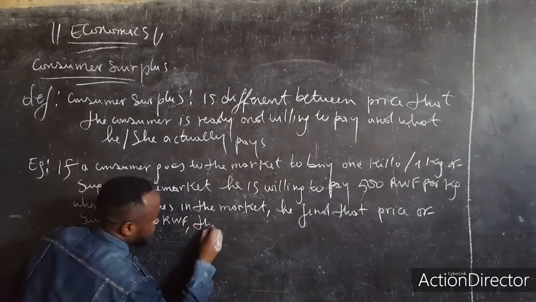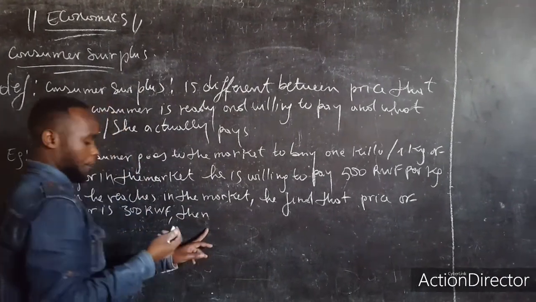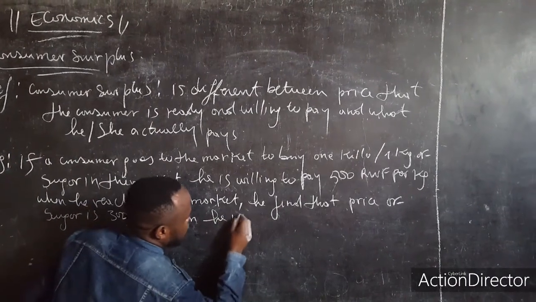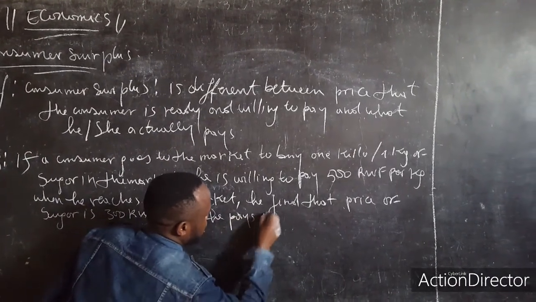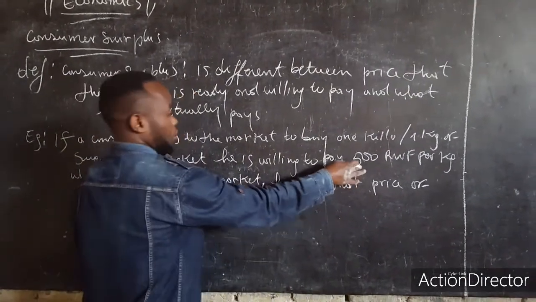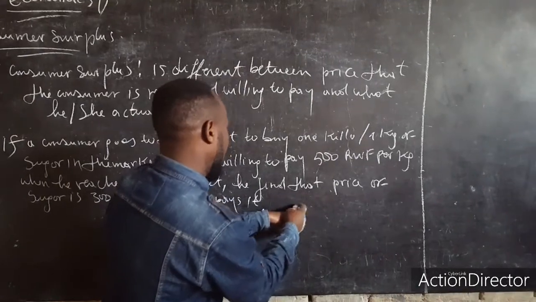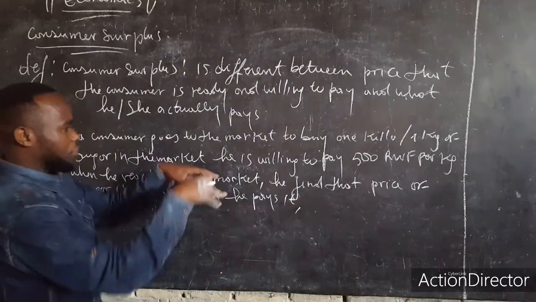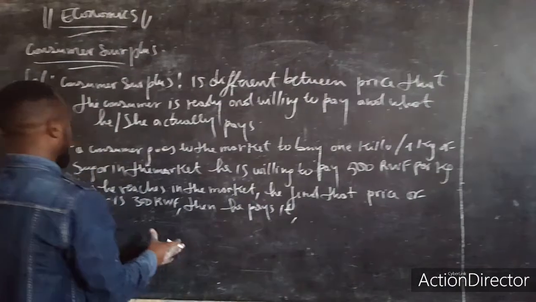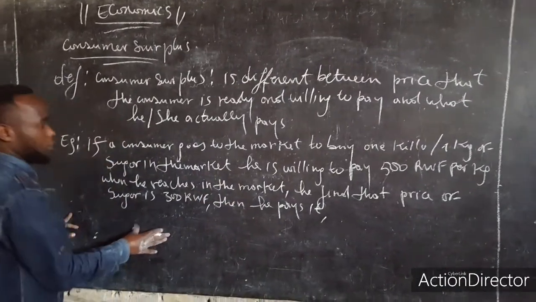Then he pays it. The difference between what he pays and what he was estimated to pay, those benefits he enjoys, is what we call